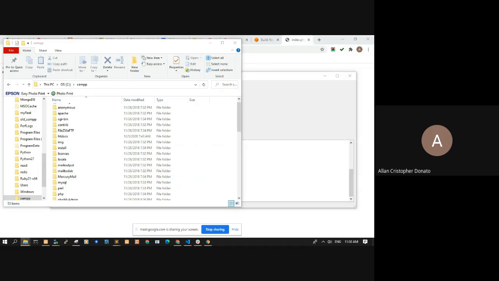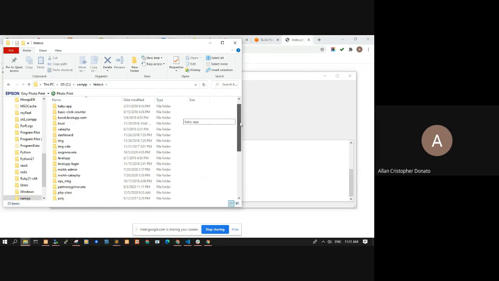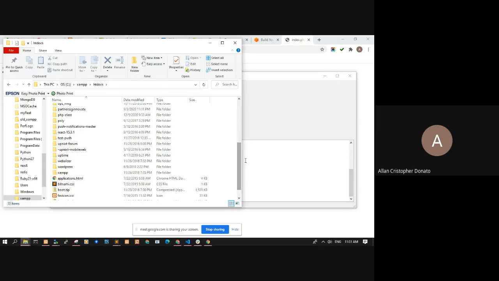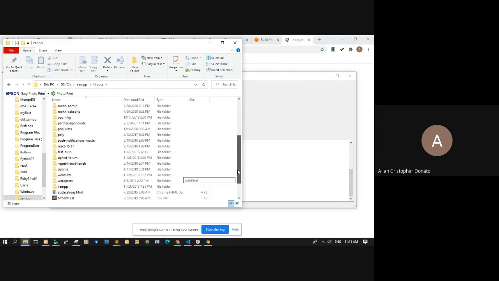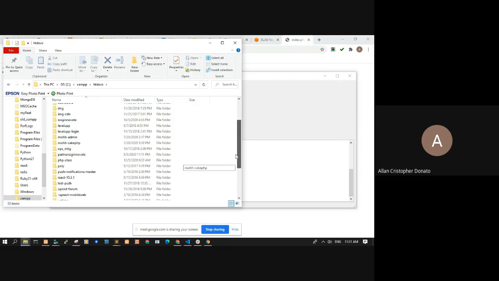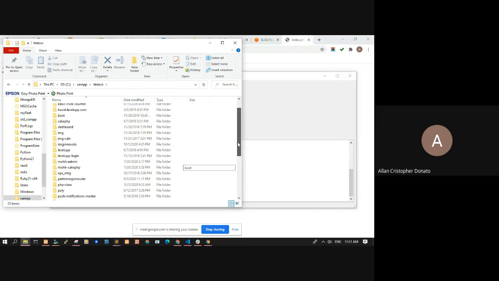And then there's a folder there called htdocs. So open that folder and then create your own folder. Okay, it's either you create your own folder, pwede rin dito sa labas lang ilagay yung mga files, pero better to create your own folder para hindi messy. And then you can reuse for different websites.